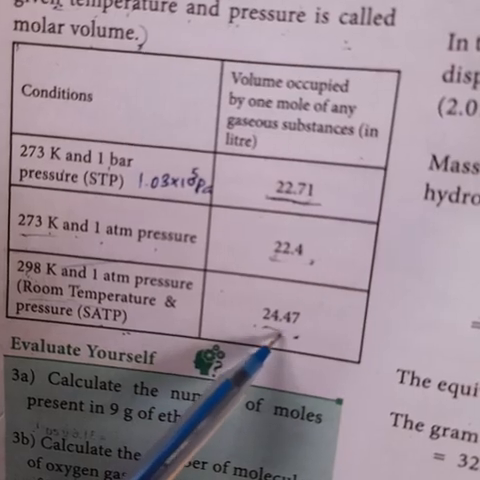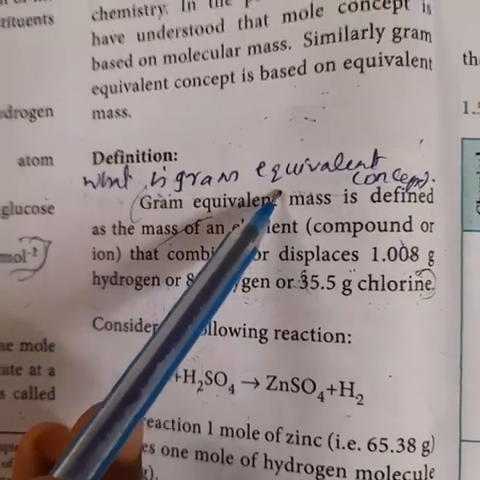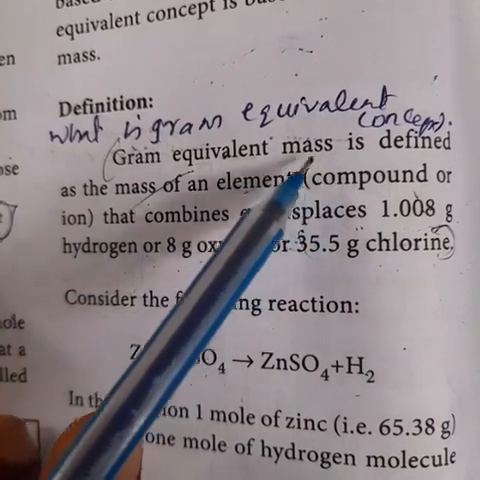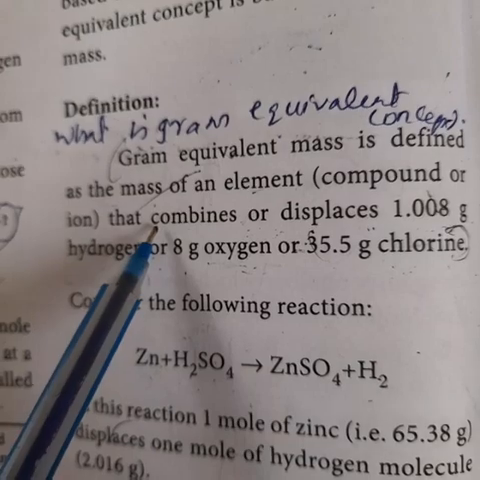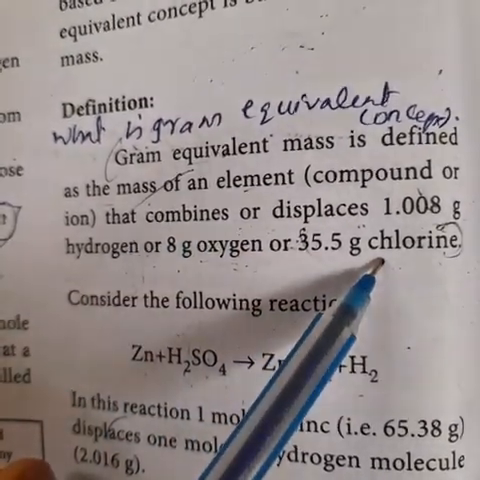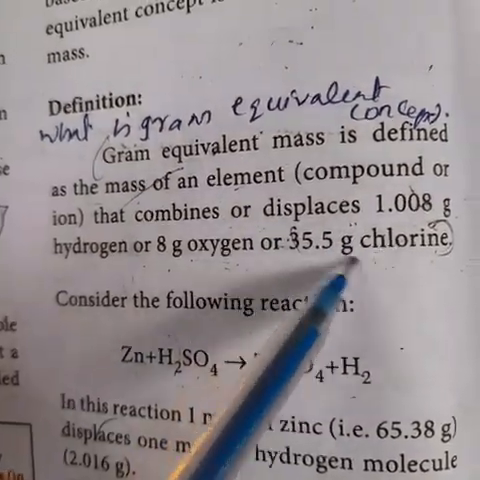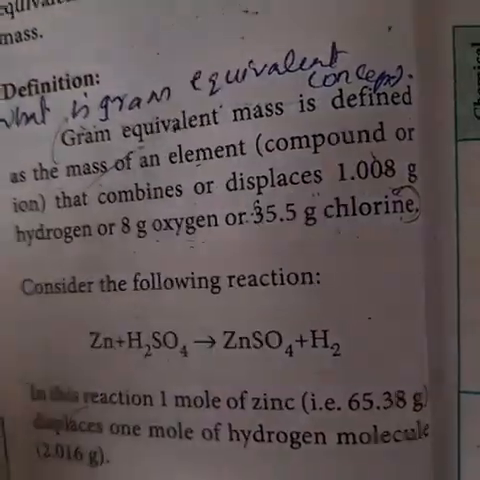And then another definition: what is gram equivalent mass? The gram equivalent mass is defined as the mass of an element that combines with or displaces 1.008 gram hydrogen or 8 gram oxygen or 35.5 gram chlorine. Up to here I have to mark. Important. These 3 definitions you should study. Understood? Important definitions. And today's assignment: